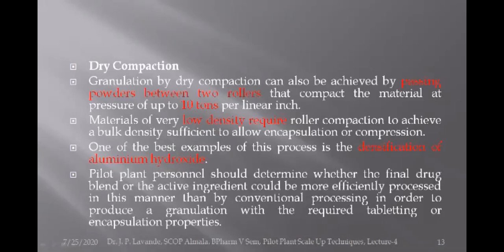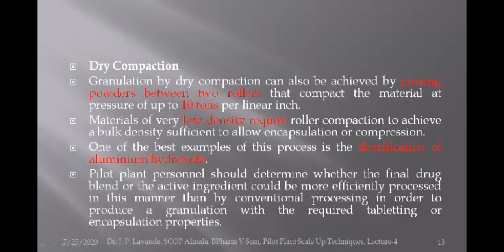For tablet production, it is 4 ton. For dry compaction, it is 10 ton. And for slugging, it is 14 ton. This is most important because sometimes this may be asked in an MCQ, at what particular pressure the compaction of the dry powder is to be carried out, and the options will be 4 ton, 10 ton and 14 ton. So you need to select the correct answer. That is 10 ton in the case of dry compaction.